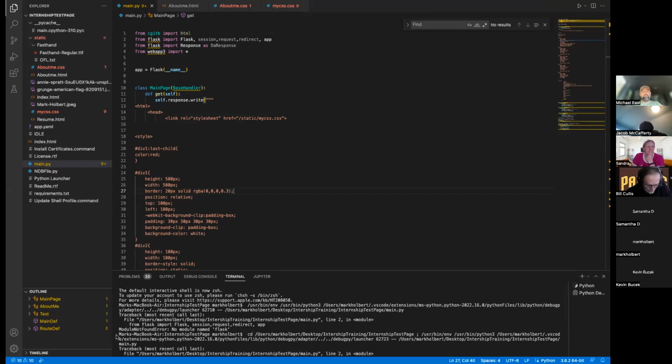Was that why you were asking about the background clip, or were you asking why background clip needs to be added to make a translucent border? Yeah, because I saw previously padding box, and then you added the background clip at the bottom. I was like, oh wait, is that something different, or is it redundancy? Yeah, it's so that it works on multiple browsers. I put the WebKit one just to make sure it worked on his browser, and then the other one just to